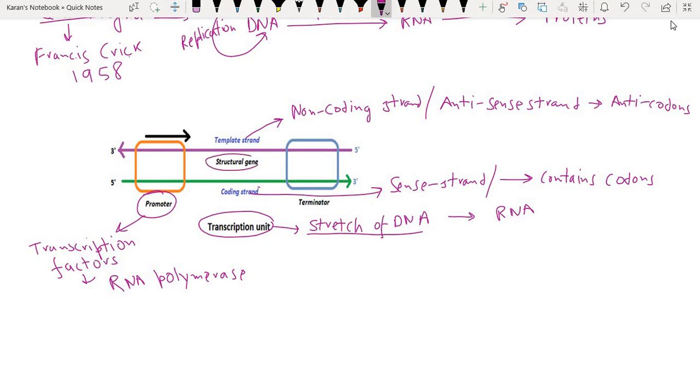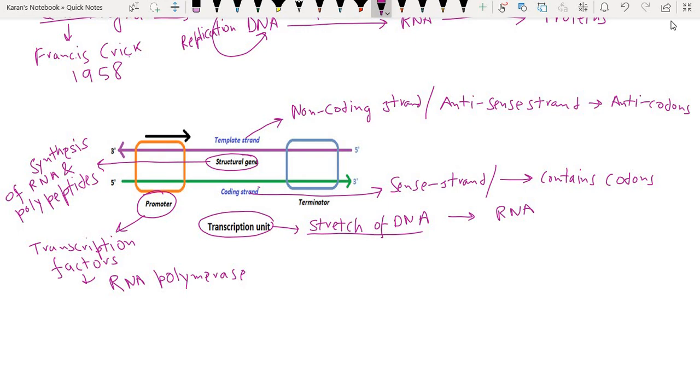Then there is the structural gene. These are the genes that code for synthesis of polypeptides, but before that they will synthesize RNA. Then after undergoing the process of translation, the RNA will form the polypeptides, or proteins, you can call them. So synthesis of RNA, and I'll write here polypeptides, because after it undergoes the process of translation, it will form proteins.